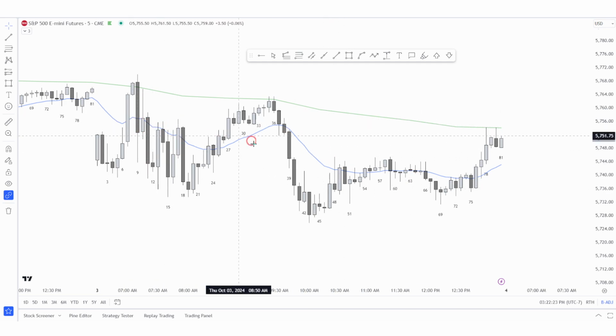I was in profits for a lot of my trades, and then I let them turn around on me looking for more. So I remember buying this, I got out. I remember selling this, I got out for a loss. I remember buying this low, and I got out here. I reversed real quick and scalped this bar. I want to say I sold here, got out very quickly, and then I bought the close of 44, holding